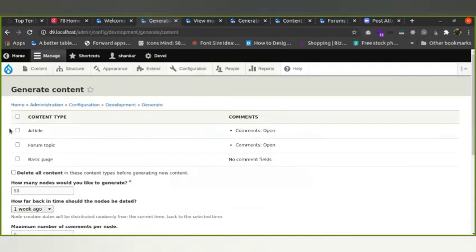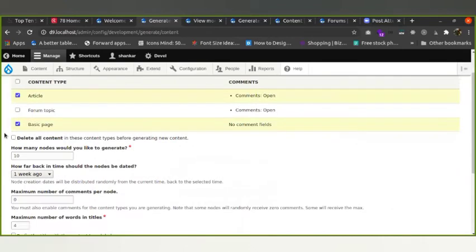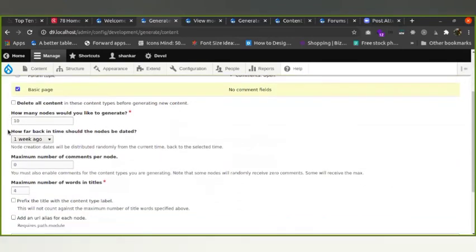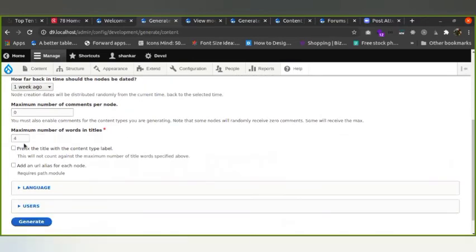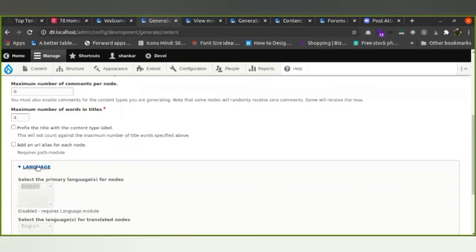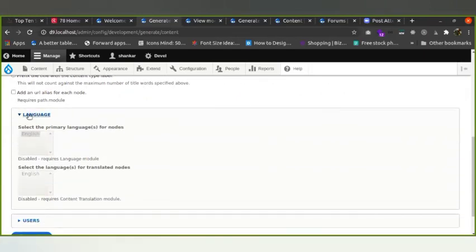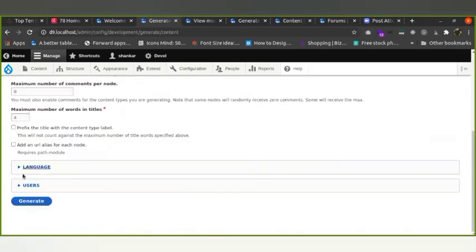Say for example, I need to create 10 articles and 10 pages. If you enable the checkbox, you can put in the number of nodes, the maximum number of words, and titles also. And if you have more languages, you can put in a language also.